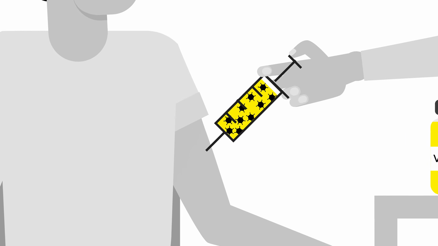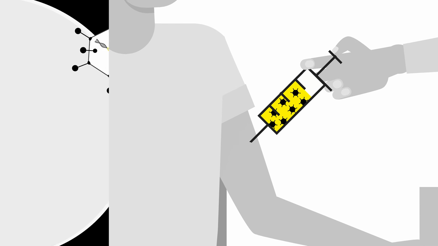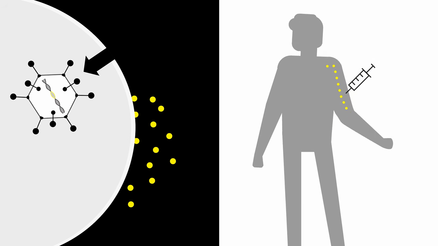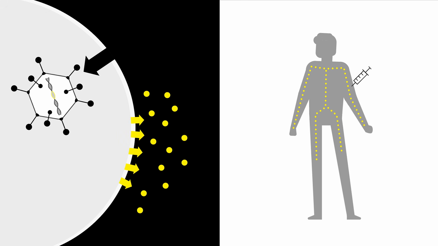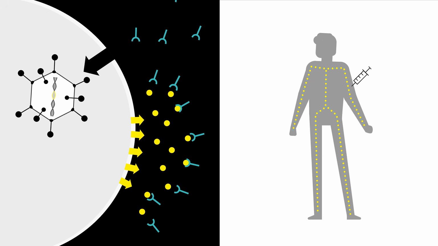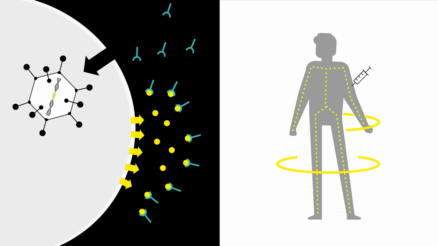When the vaccine is injected into a patient, the viral vector enters the cell and uses it to produce the antigen, converting the body into a mini factory. The immune system then recognizes and memorizes this antigen, which prevents further infection as your body knows how to fight the pathogen.